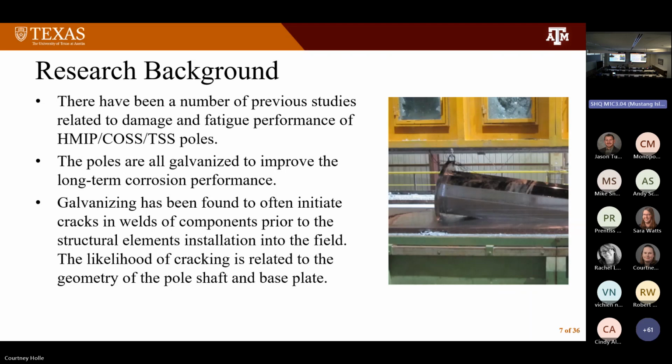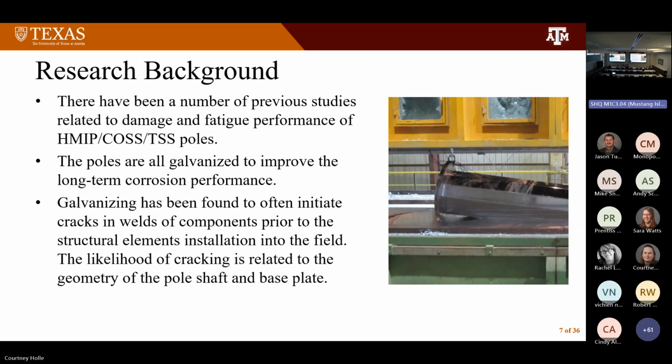When you lower these into the galvanizing bath, the wall of the pole heats up immediately. You would just see a spike where it went from 70 degrees up to 800 degrees in a matter of seconds. The base plate's not like that. It takes minutes for it to actually heat up. As these heat up, the wall of the pole expands very quickly. It puts a lot of stress on that weld, and that's where the cracks tend to come. Okay?